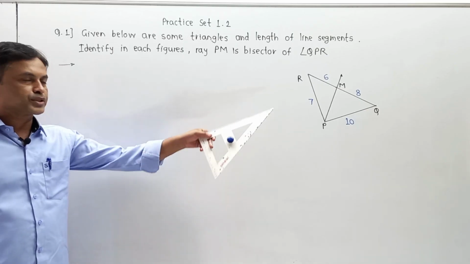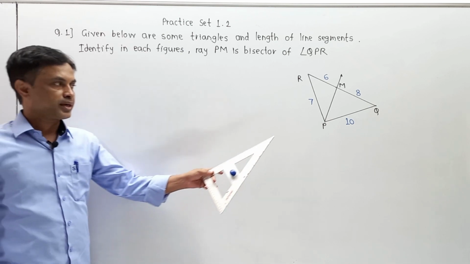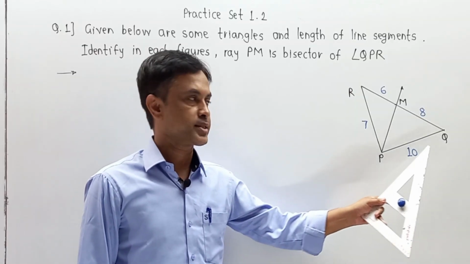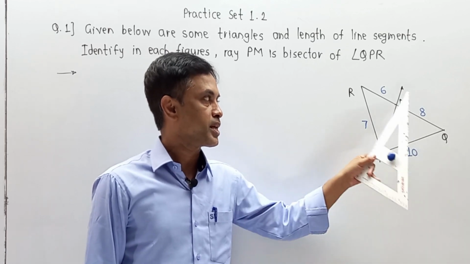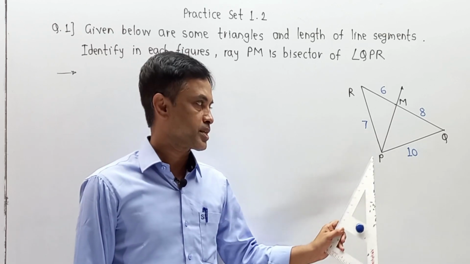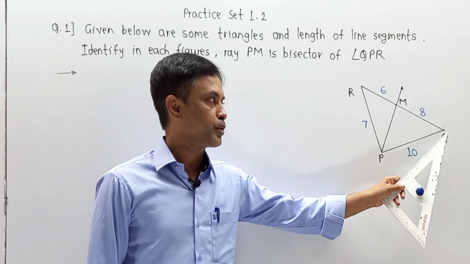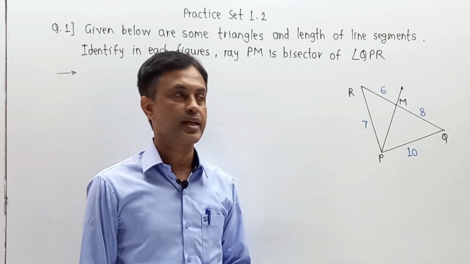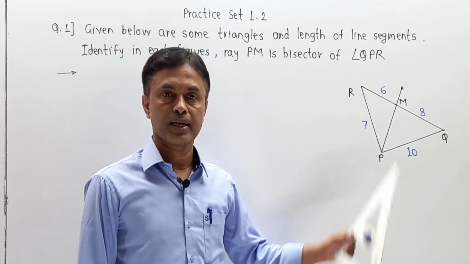Now moving to the second numerical, and the question remains the same. The diagrammatical condition will be modified. They have given PQ as 10, PR as 7. From the PQ side you can say QM is 8 and MR is 6. In the first case I am going to take the ratio PQ upon PR. Next I am going to take the ratio of QM upon MR, and if this ratio is the same, then we can say that yes, this PM is an angle bisector. If it is not, then not.